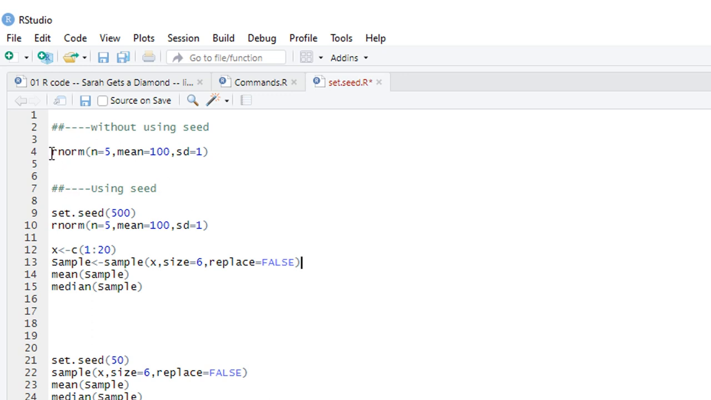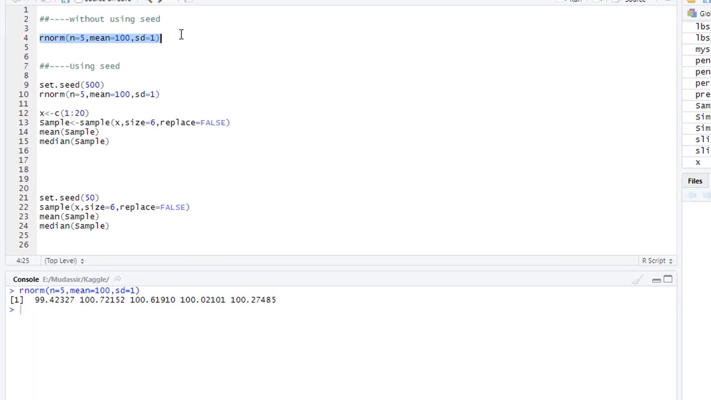in R. Here I am generating a random sample of 5 observations from a normal distribution. N equals 5 means 5 data points. Mean and standard deviation are the parameters of the normal distribution. I am choosing mean 100 and standard deviation 1. I am selecting and running this command, and in the console you can see the 5 data points randomly generated from